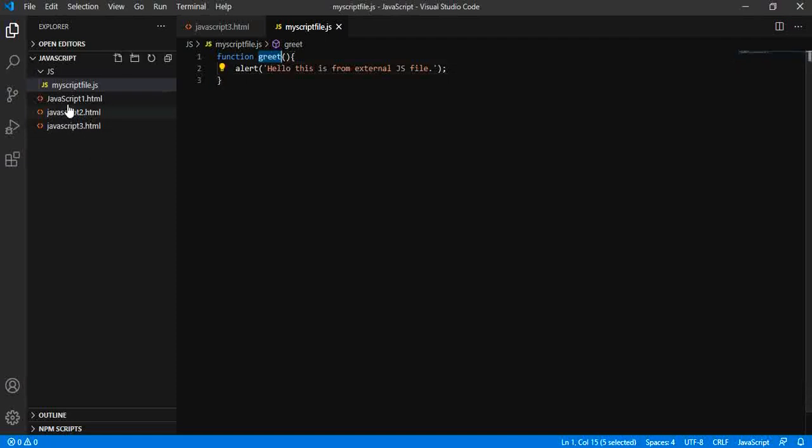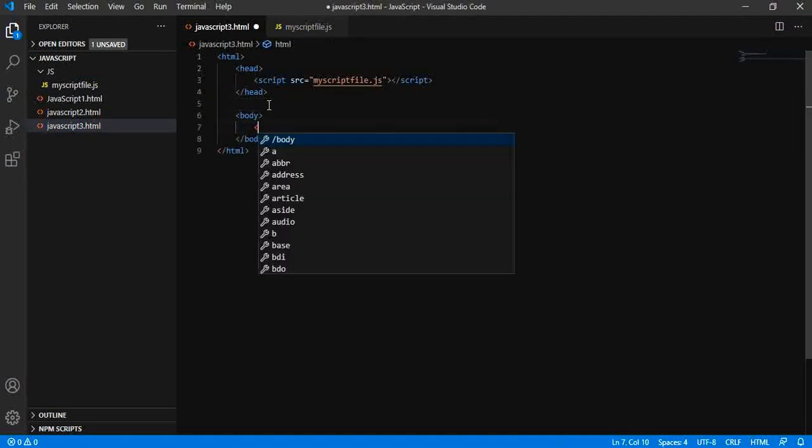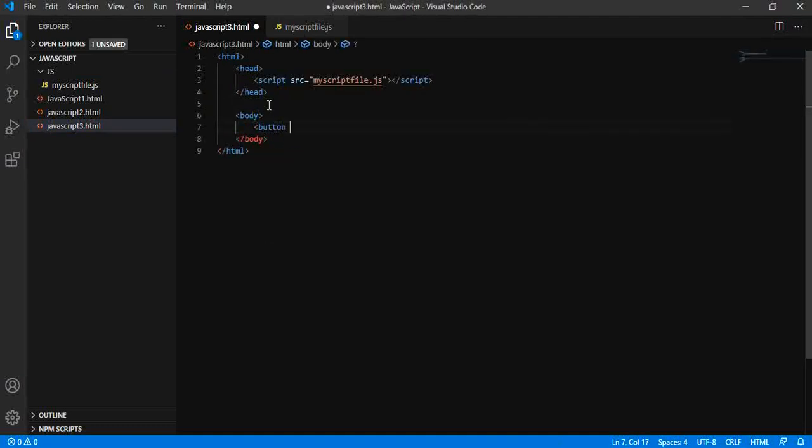Now we will call this particular method from our HTML file. Let me add a button, and on click of this particular button we will call that particular method.